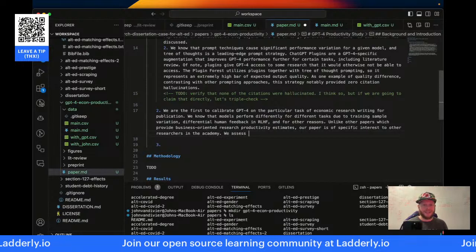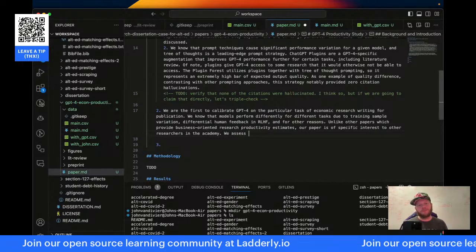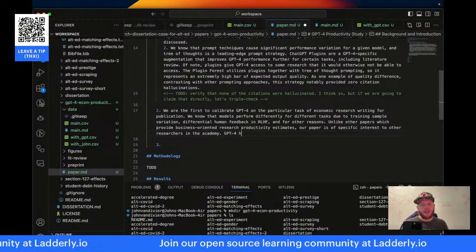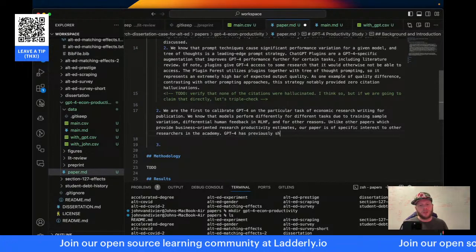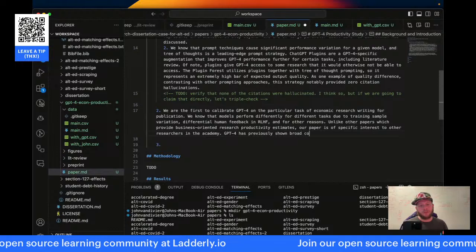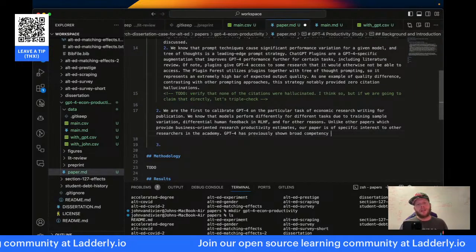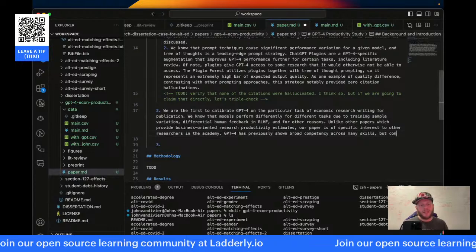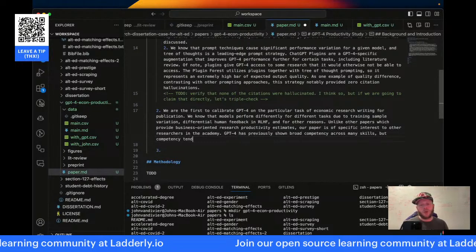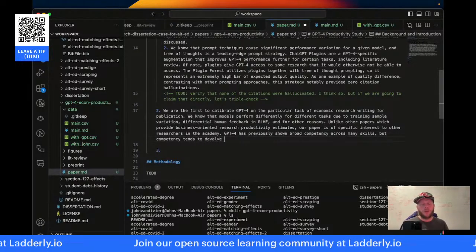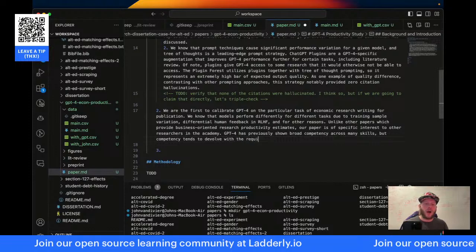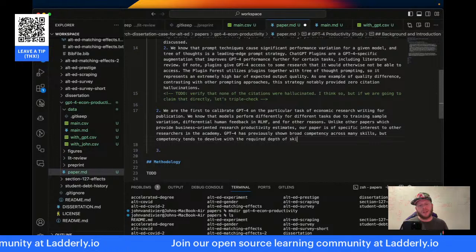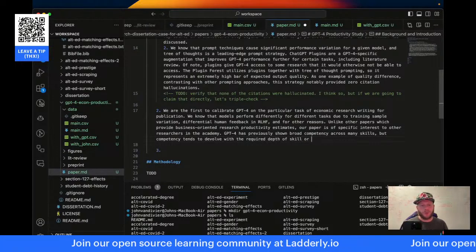We assess GPT-4, which has previously shown broad competency across many skills, but competency tends to devolve with the required depth of skill or expertise.